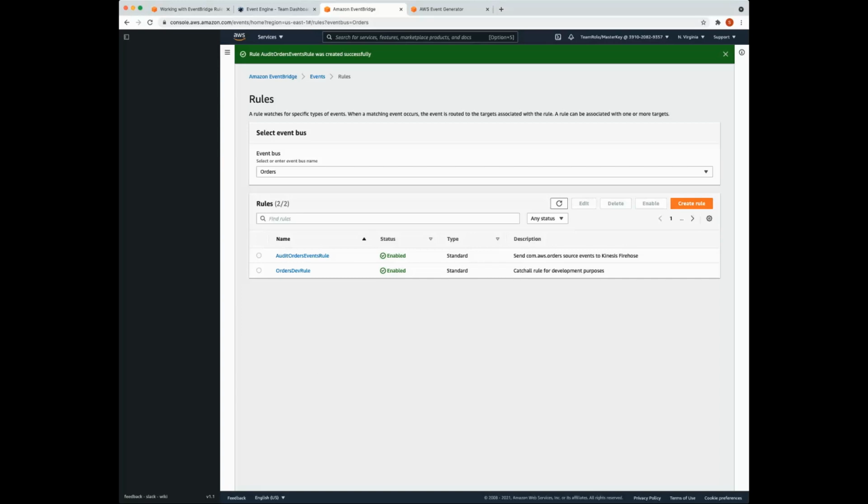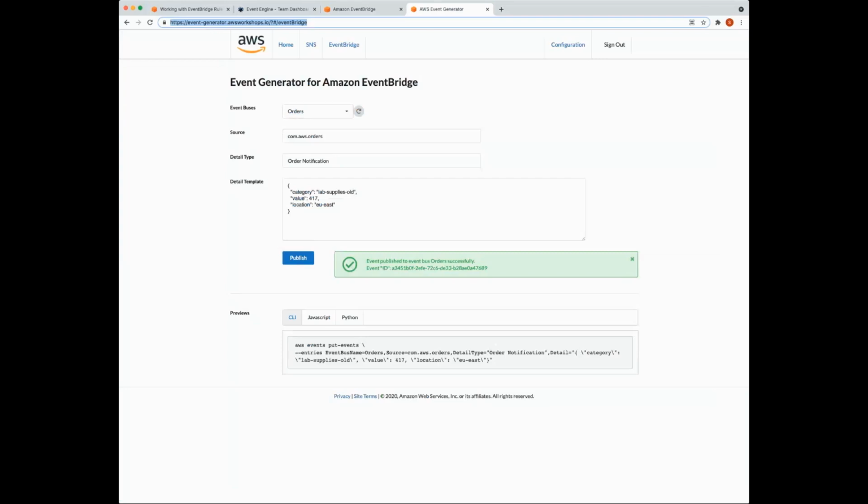The next thing we're going to do is send a test orders event. So we're going to jump over to the event generator, and you can just go ahead and click publish again once more.